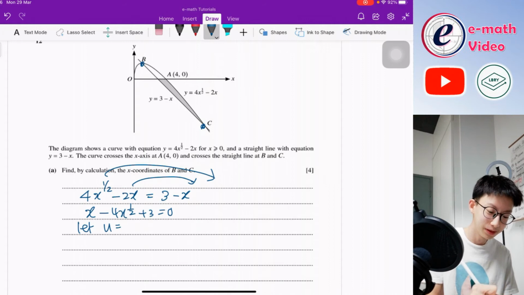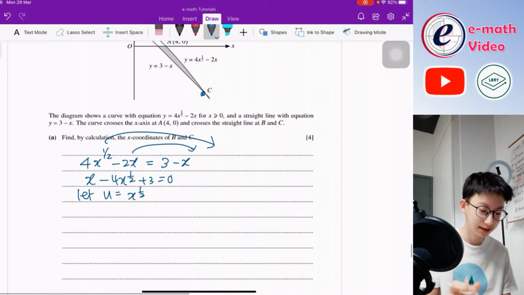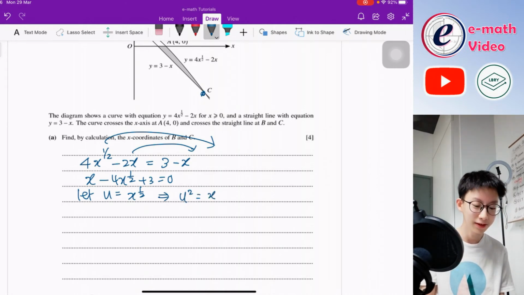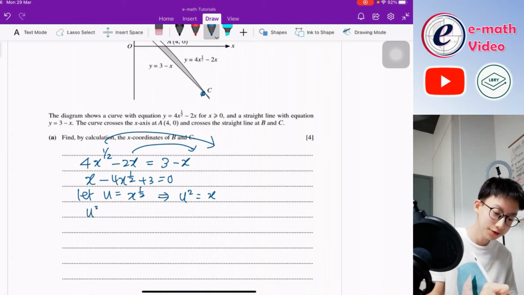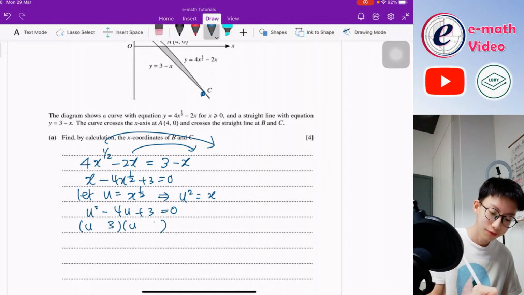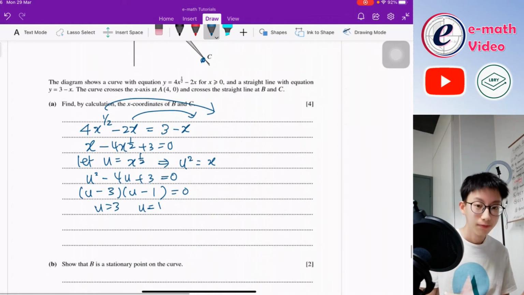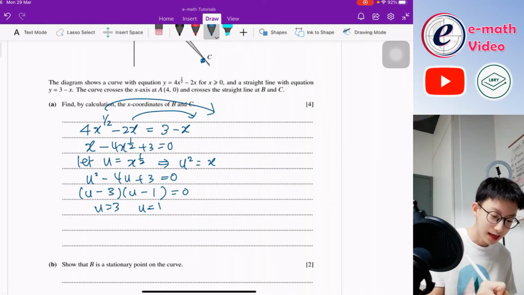Let u be x to the half. Just in case you can't see it. Okay? So now u squared will just be x. So what am I going to do? It's a quadratic equation. So it's u squared minus 4u plus 3 equals to 0. Isn't it very nice? u minus 3, u minus 1 equals to 0. U equals to 3, u equals to 1, and very nice. But we want x lah, okay? So x to the half is 3, x to the half is 1,